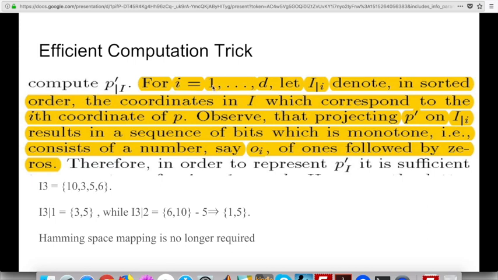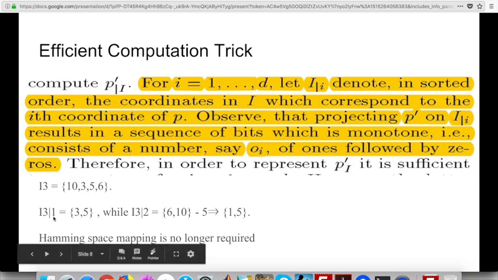For i equal 1 to d, remember d is equal to 2 in our example, we define I_i to denote, in sorted order, and this is important, the coordinates in I which correspond to the ith coordinate of b. So this is our third hashing function, 10, 3, 5, 6. We are going to define I3,1